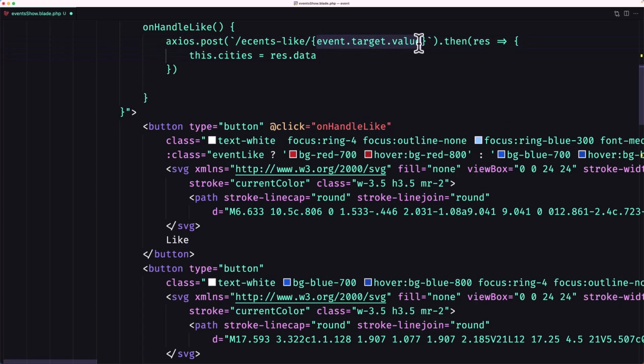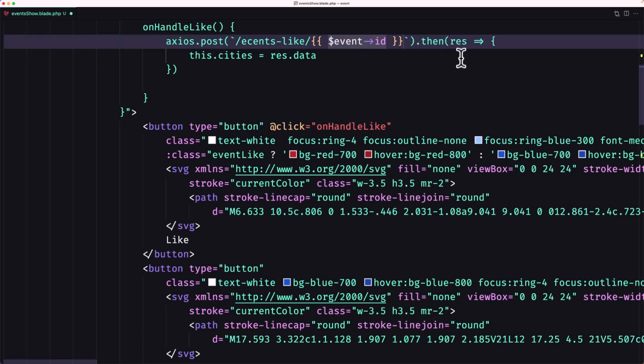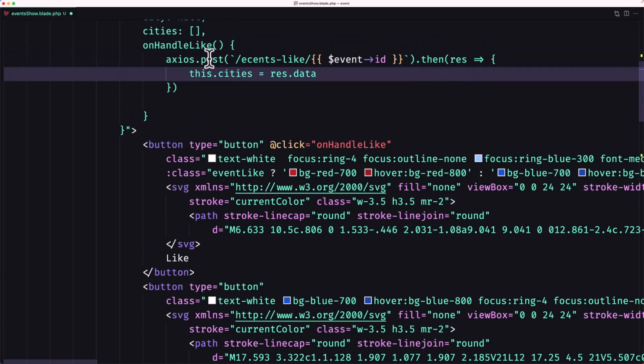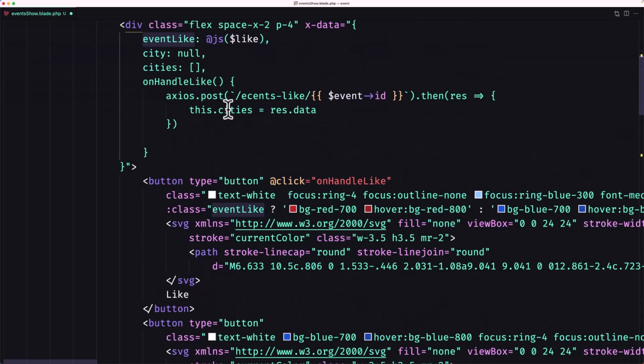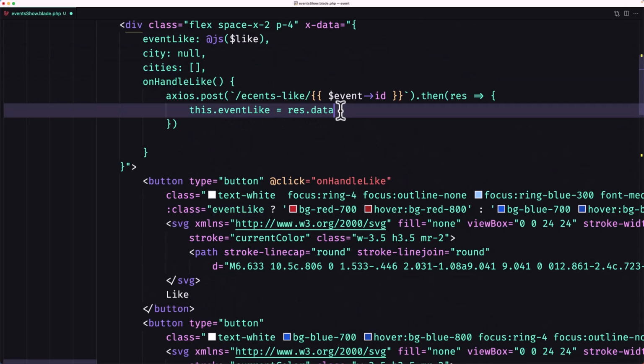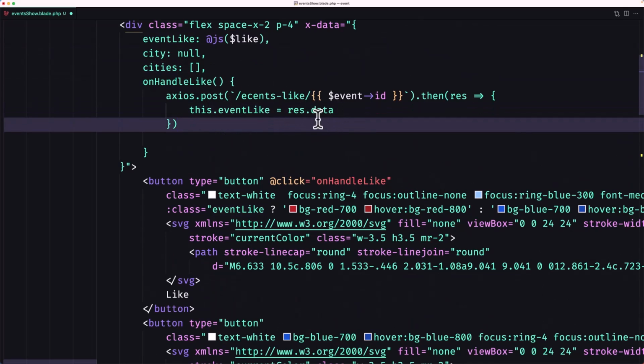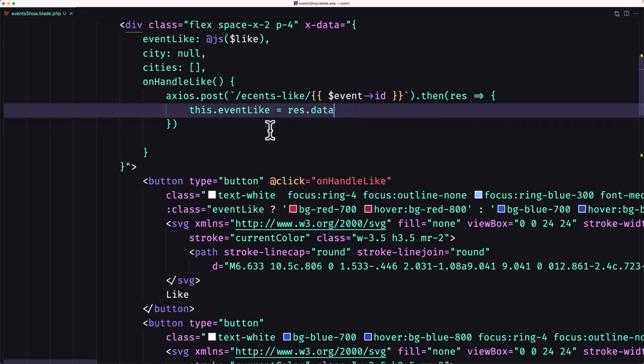So let's say double curly braces $event ID. Okay, then the result, not these cities, but this event like is going to be the response data. We are going to return either the like or null. So let's save that, and now let's create this